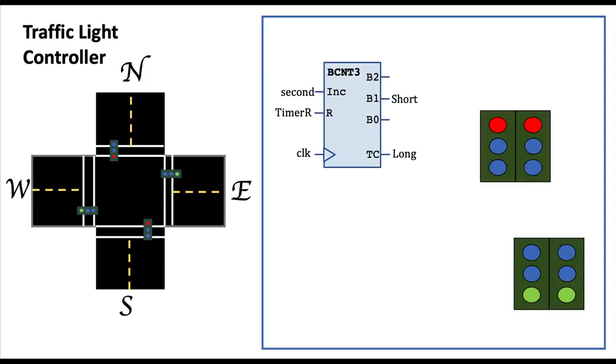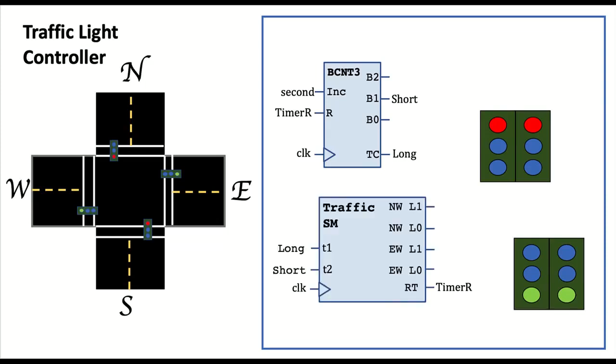Okay, so we also have lights. And as mentioned, we only really have two sets of lights to control. Each of these pairs of lights has 3 different possible values, right? They could be green, yellow, or red. And so we need actually 2 outputs for each light because we need to tell it 3 possible colors. Okay, so there's 1 value that's not being used.